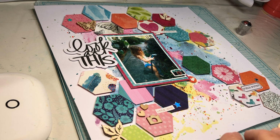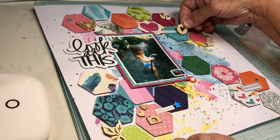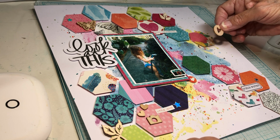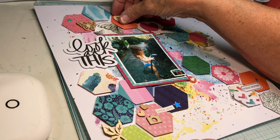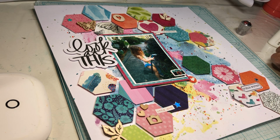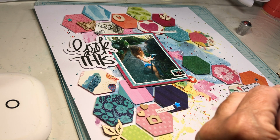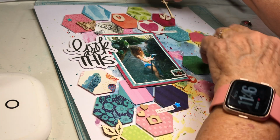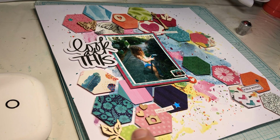I've got this cute little circle with the heart cut out, so I want a really pretty color underneath, and I used that hot pink there already. Maybe this orange would be good. I want to evenly distribute them and have clusters of them so that I'm not just putting single things around. And I thought over by the leaf, in the interest of making a cluster, I thought I'd do the little